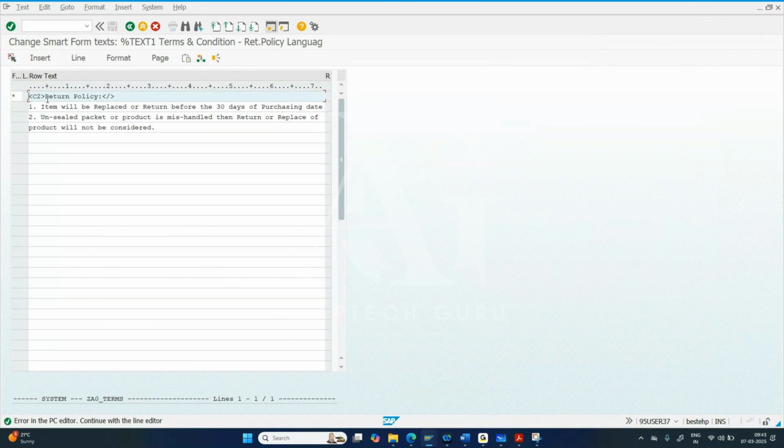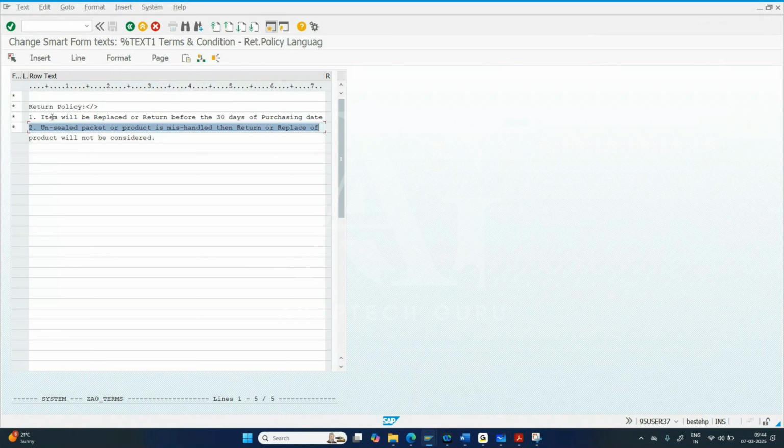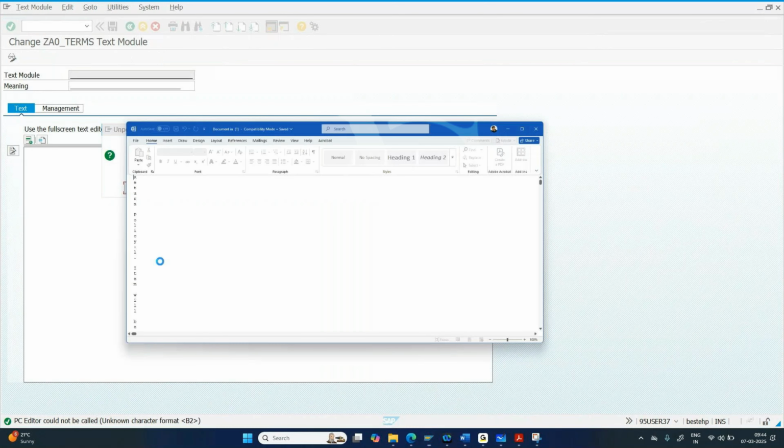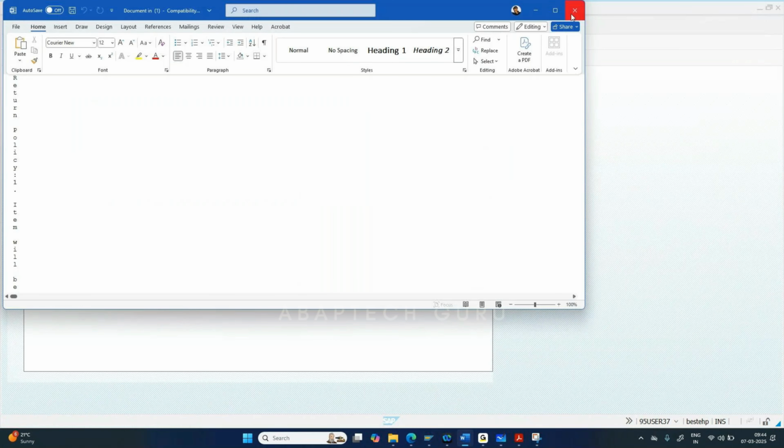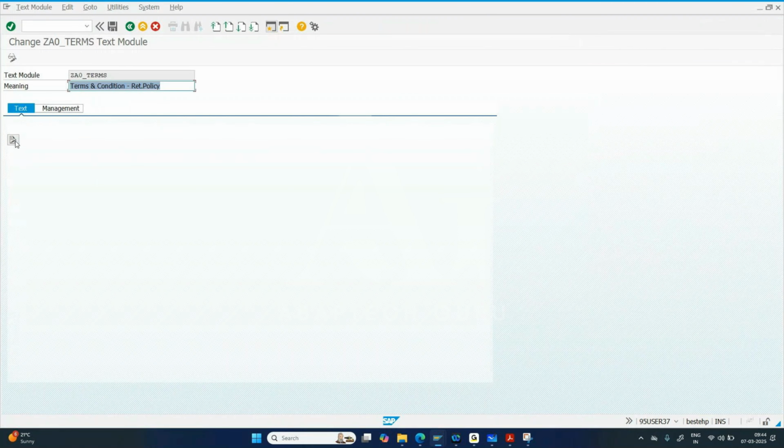Okay. Maybe this will not work because... okay. Now here I can go with C1. No, I have created B2, something like bold. But this will not work here. I will let you know why. Just go back. Okay. It is saying some character text will not be supported. Now if I go with the editor,